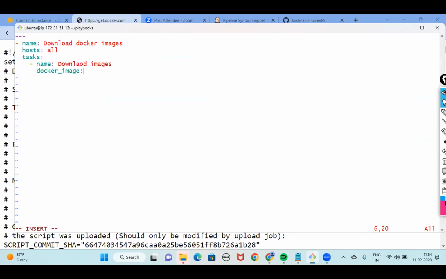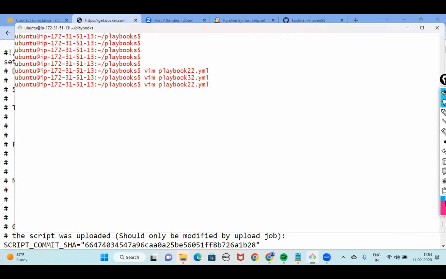docker_image. In the docker_image module, you have to specify the name of the image that you are trying to download. For example, imagine that I am trying to download the Tomcat image. And then you also have to say source. Source is equals to pull. The meaning of source equals to pull is it will try to download from the Docker Hub. Okay. Earlier, this was not necessary, but now before running this, let us delete all the containers. Let us also delete all the images.